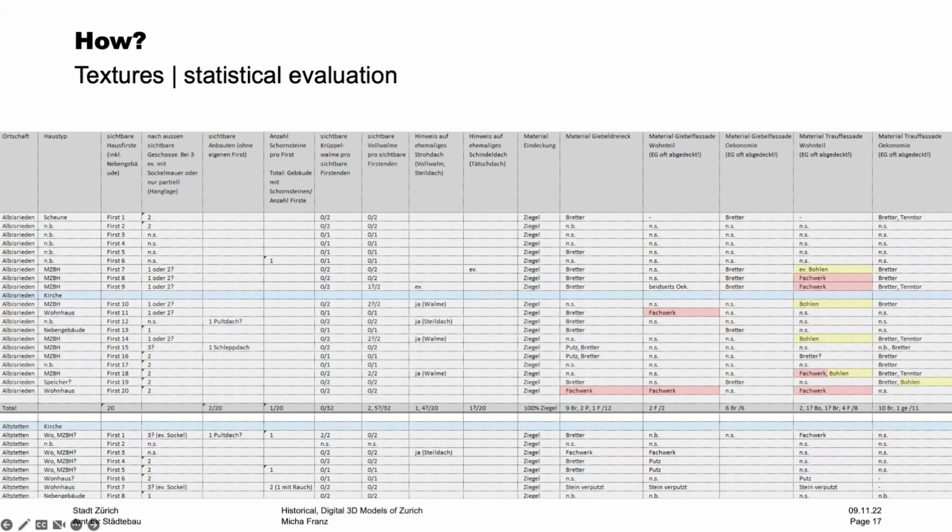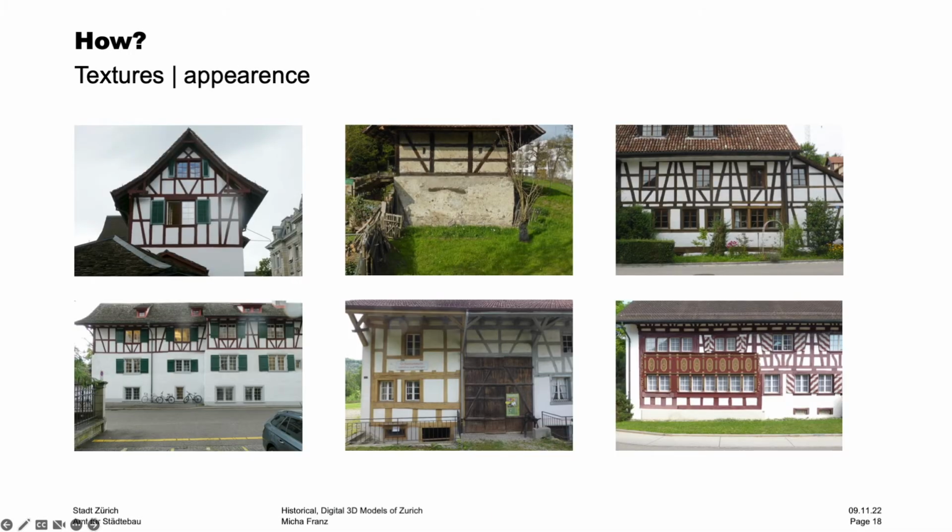We then created an overview of all the available historical views, and we counted the material occurrences in order to get a statistical evaluation. And all this information was then later fed into our reconstruction rule to get realistic distributions for all of our textures. So now we gained an idea about how the distribution of different materials was, and now the next step was